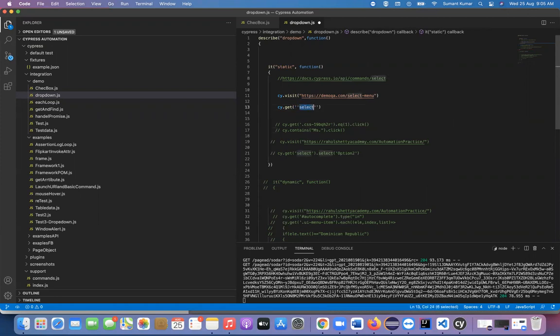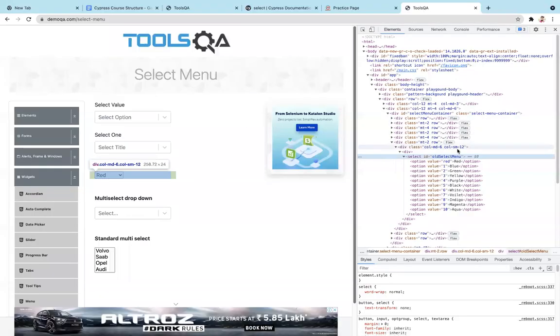Here it is, comma 8. Then we have to use this again, .select and the option. Yes, so it could be, let's see, I'm using red only.